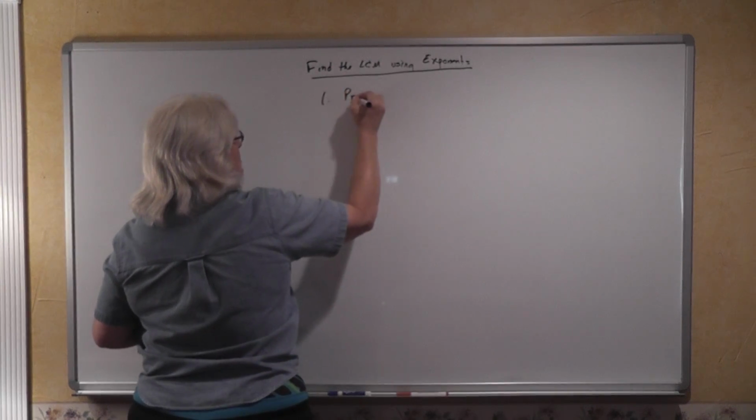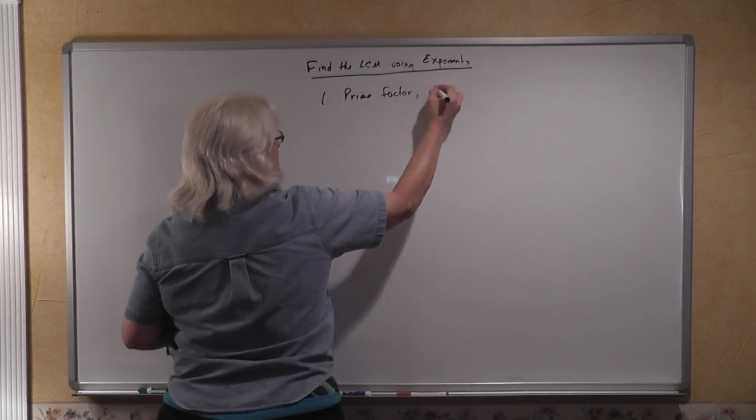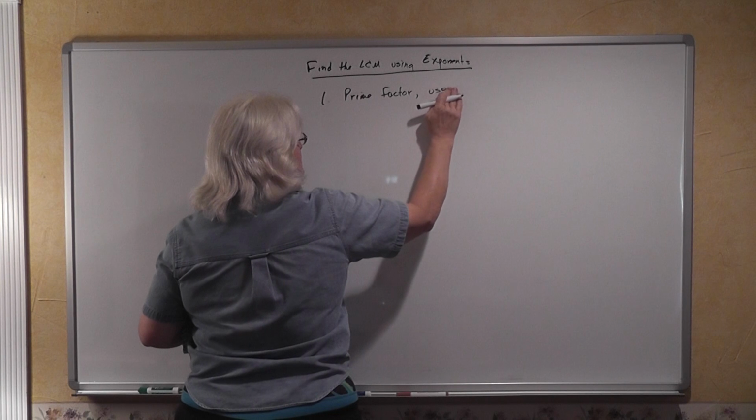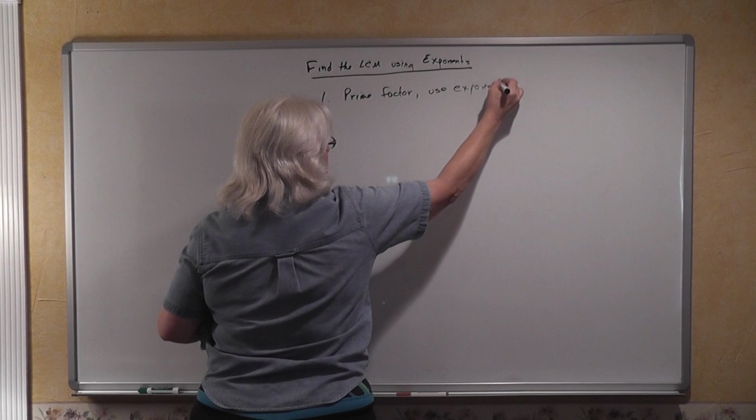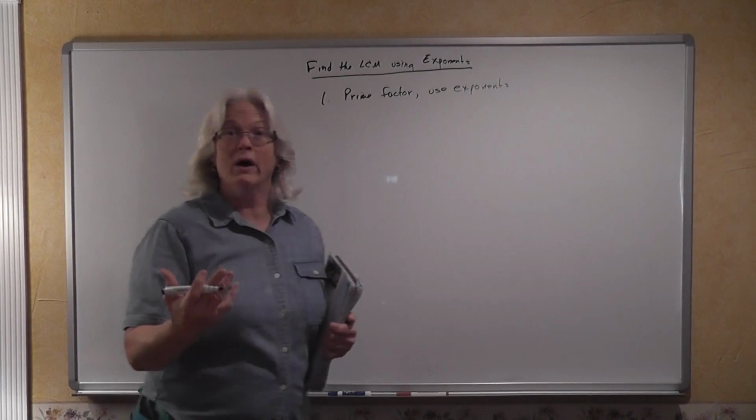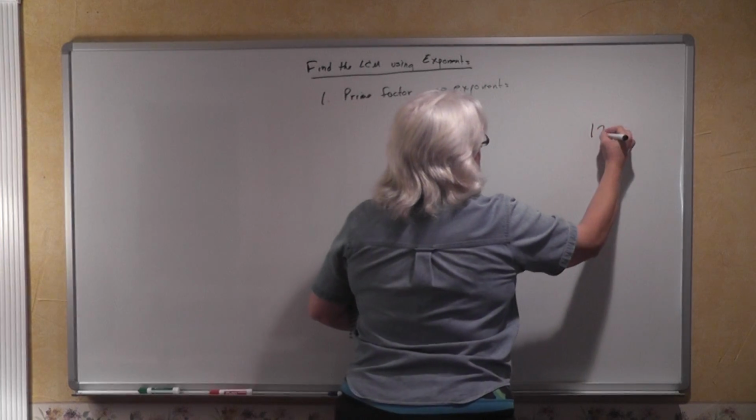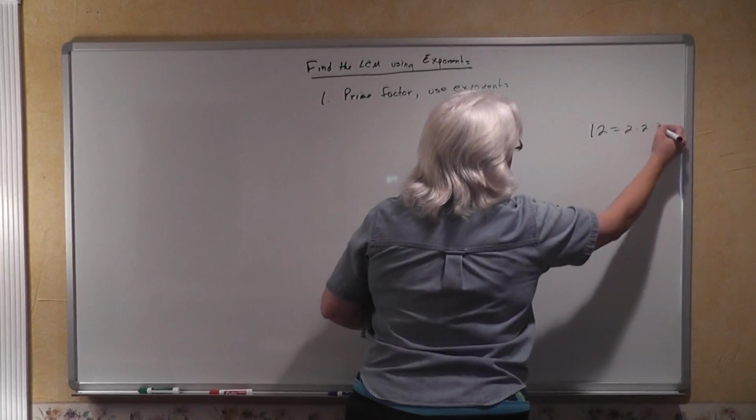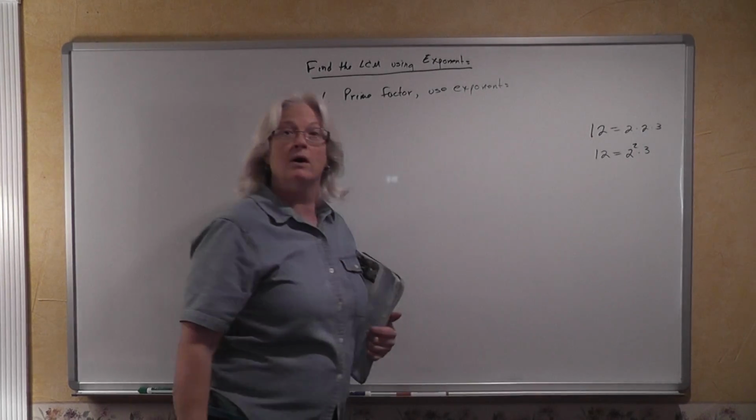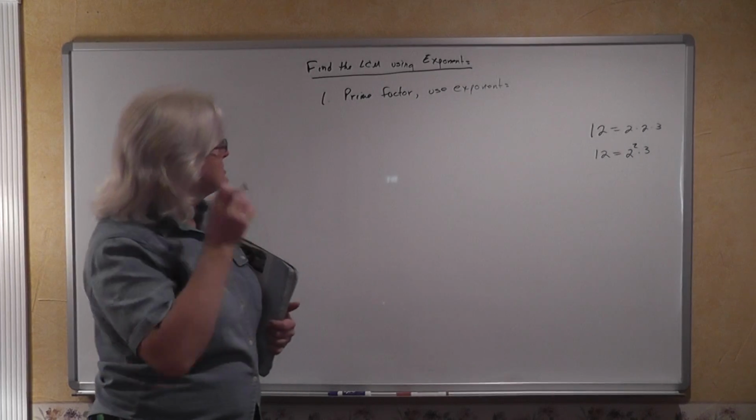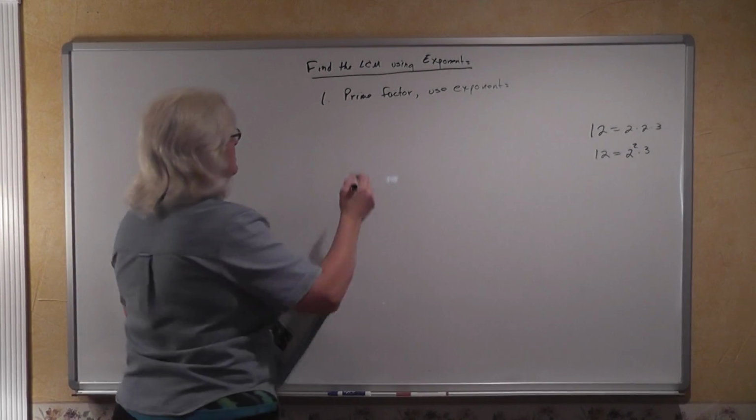First, we're going to prime factor each number, and we're going to use exponents, because if we have 12, when you prime factor that, it's 2 times 2 times 3. This would be the prime factorization of 12, but you can use exponents to say that 12 is equal to 2 squared times 3. So first we want to prime factor using exponents, and then we're going to